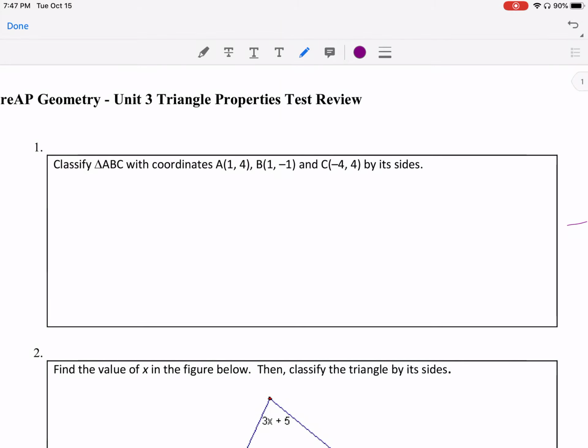Okay, so I want to go through this review with you, and I'm going to go through each question. Hopefully, this will help you out. So first off, for number one, it says classify triangle ABC with these coordinates, and we want to classify by